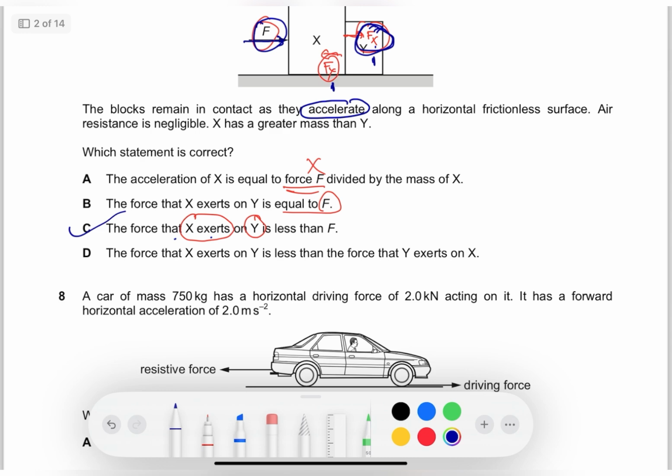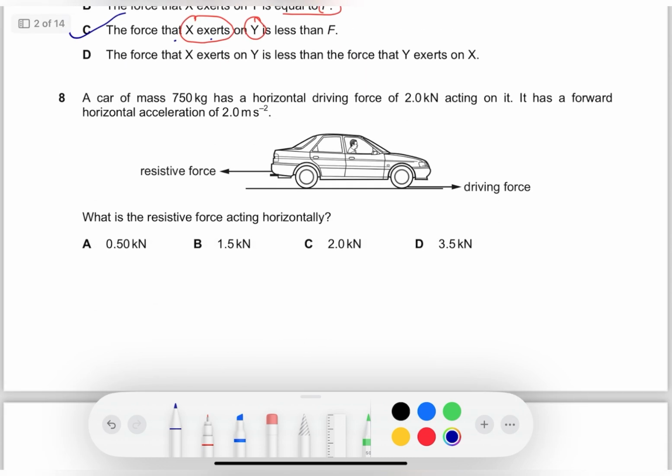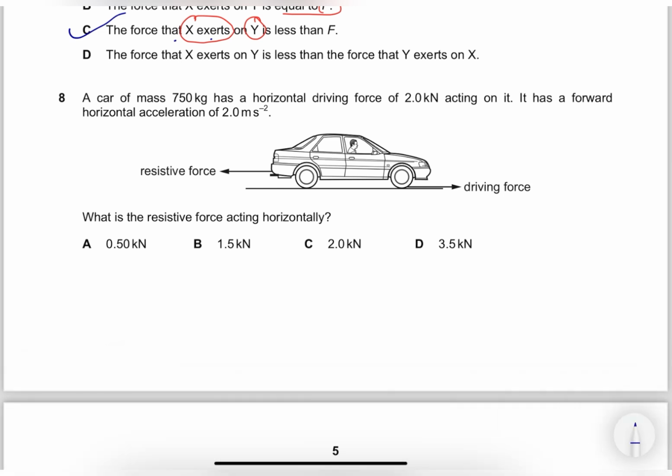All right, learners, let us move on to the next part. A car of mass 750 kg has a horizontal driving force. What is the resistive force? So we know that F net equals ma. What is F net? F net is the driving force, that is F1, minus F2, the resistive force, equals mass, which is given as 750, times